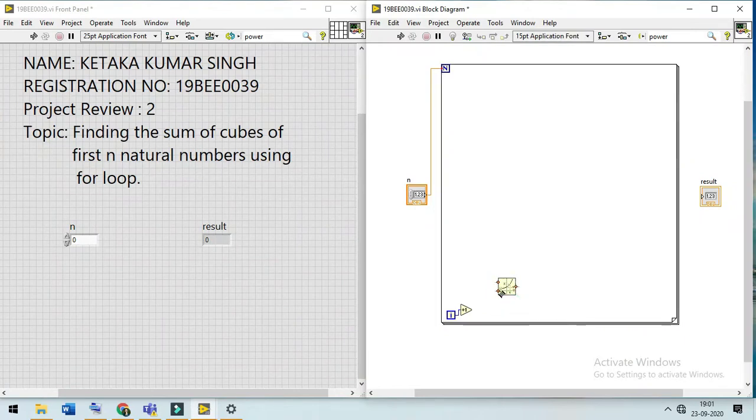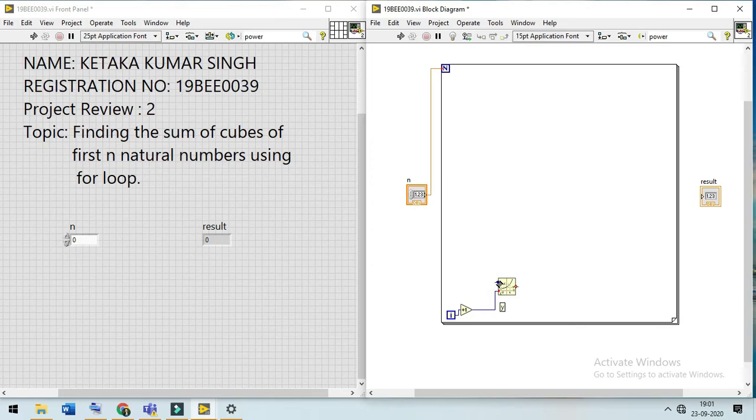Now if I look at this operator closely, I can see there are two inputs. One input has the symbol x and the other input has the symbol y, and if you go to the output, you can see it says x raised to y, which means our x input is our base and y input is our power. So I'm going to connect this natural number to our base input,